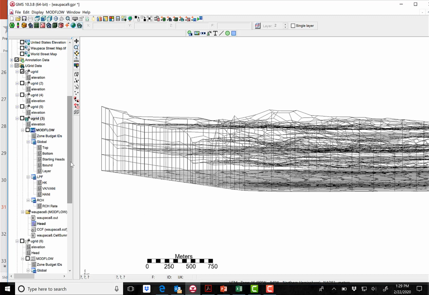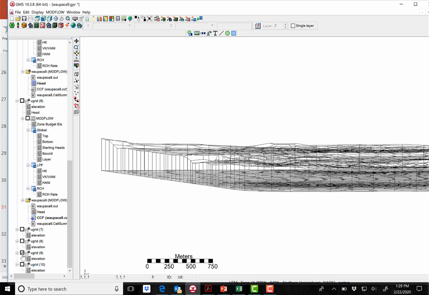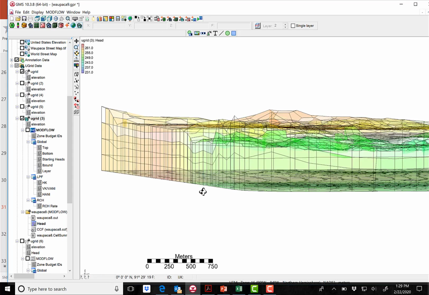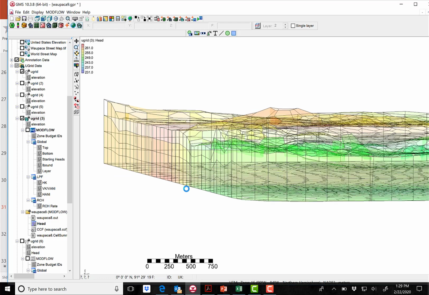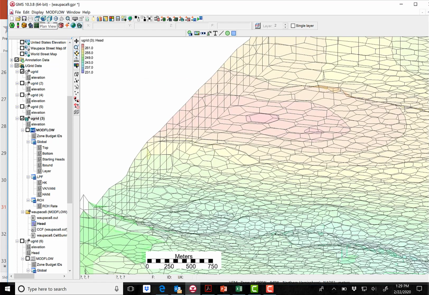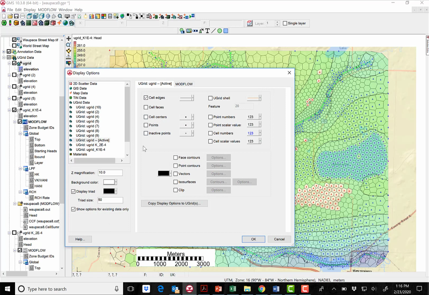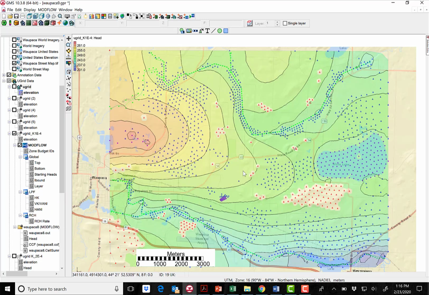Take a look at. Let's turn off these grids and go up here, take a look at this one. So there are the 4 layers. Here are the results of the model in plan view, where I've turned on the underlying base map so we can see where these contours are relative to the features at the actual site. In this view, I think that the Voronoi polygons are getting in the way, so I'm going to turn those off. So you can see the underlying roads, I think,